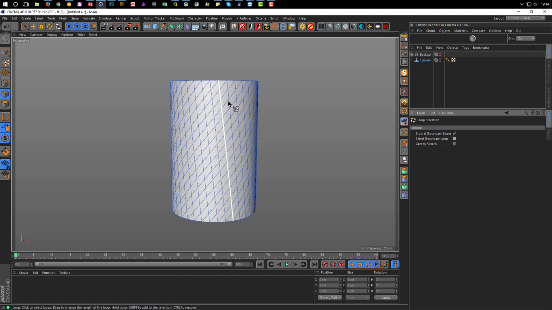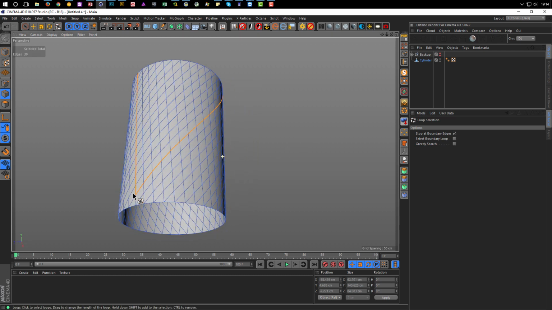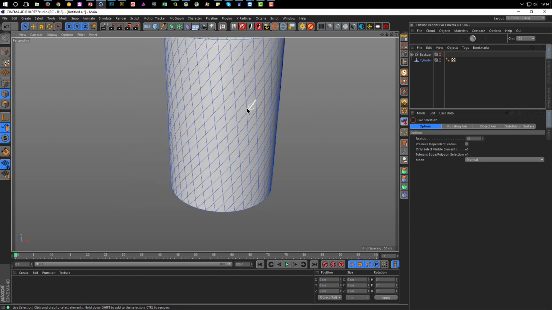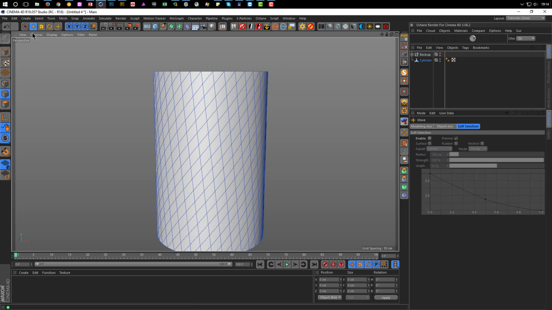So we can take just one edge. Okay, stop the boundary edges on just one edge. Oh no, that's not possible too. So we do it different. I go in the move mode here, in the move tool,